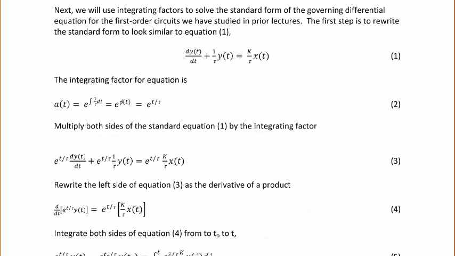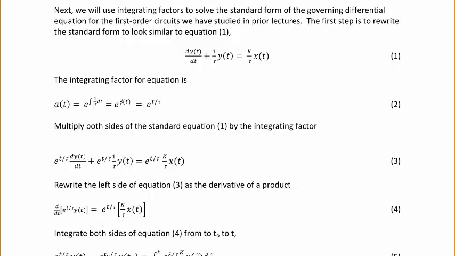Next, we will show that we can use integrating factors to solve the standard form of the governing differential equation for first-order circuits that we've studied in prior lectures, and that you actually get the same answer. The first step is to rewrite the standard form to look similar to equation 1. The first derivative of y with respect to t plus 1 over tau y of t equals k over tau